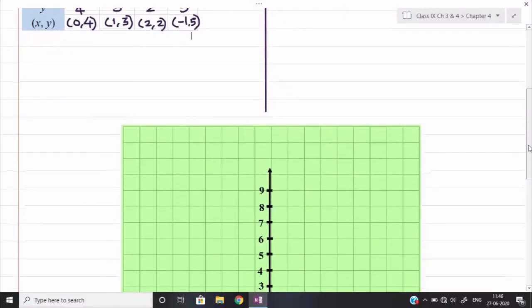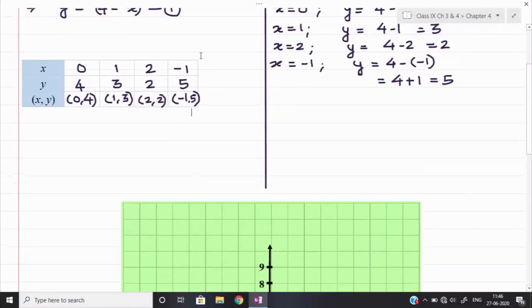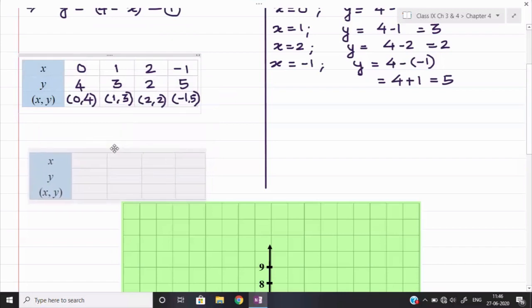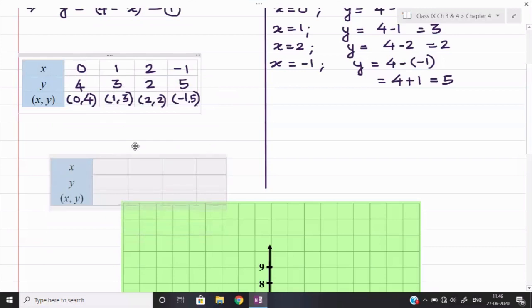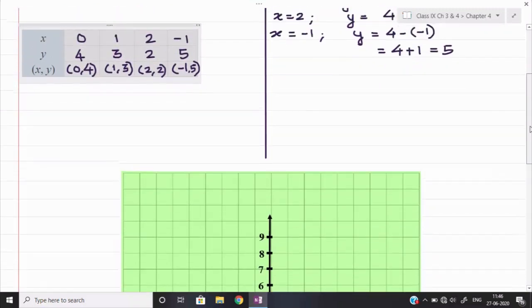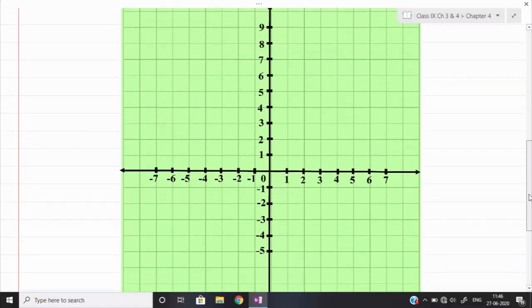Now see, the graph paper I have taken already in the question. Now I will plot these points. So let me take this table a little downside so easily we can plot the points. Yes, let me take it nearby so easily we can plot it. So okay, this is not coming downside. We'll see it up and down and then we can draw the graph. First point is 0, 4 and second point is 1, 3. So remember the points, we shall plot it now.